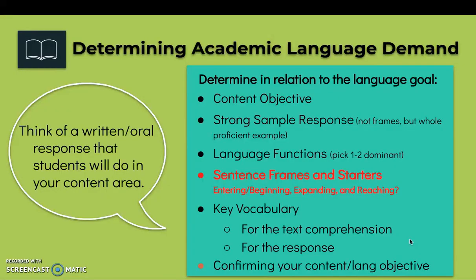All right, so now that we've gone through the first 3 parts of the process, we've determined our objective, we have strong sample responses, not only at the highest proficiency level, but at least the